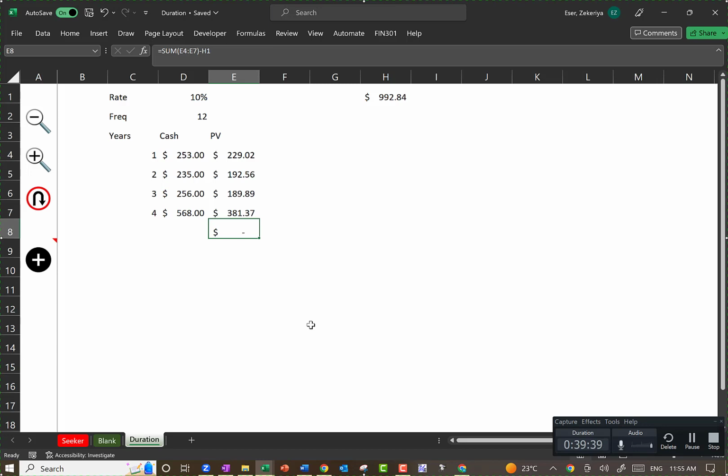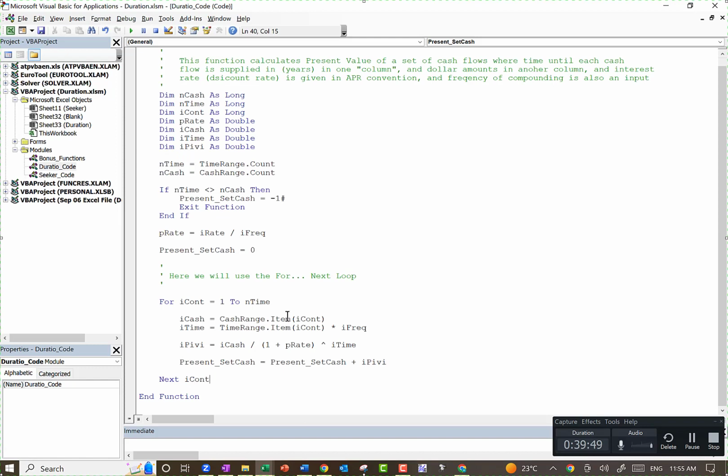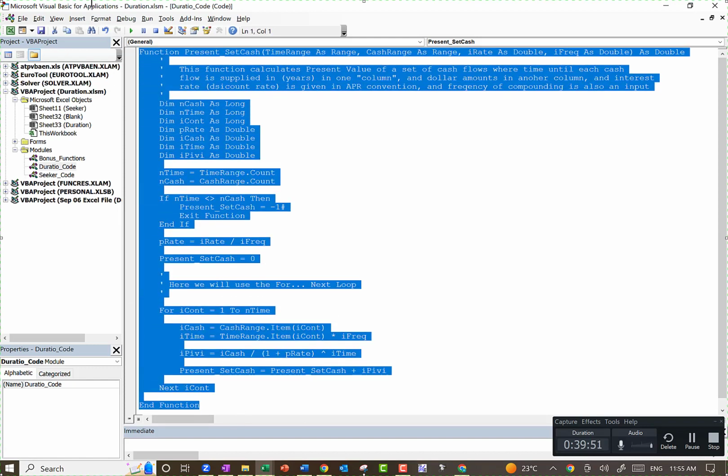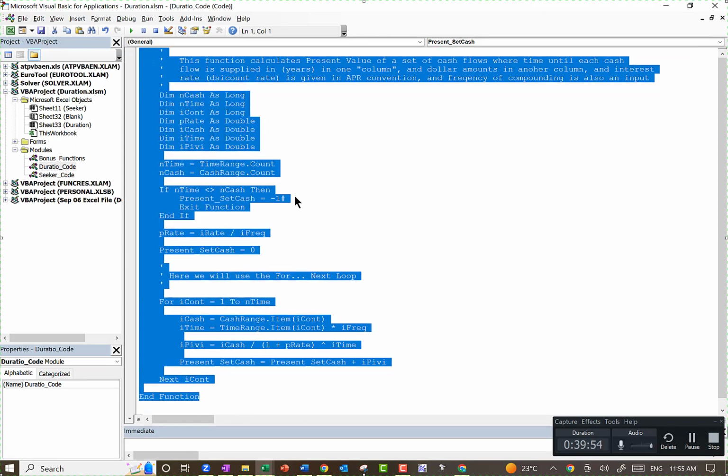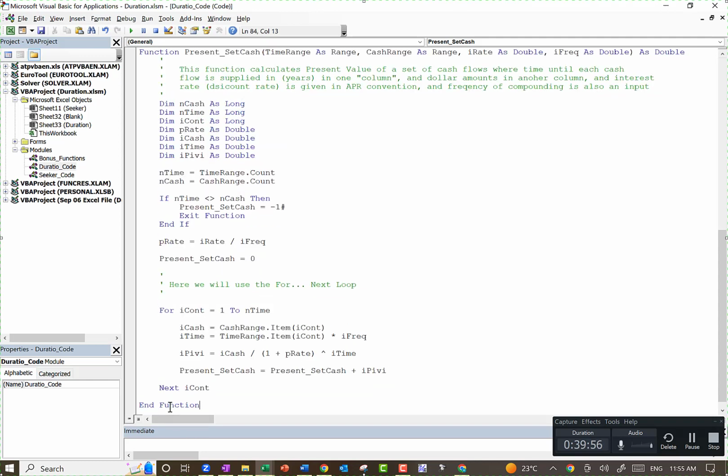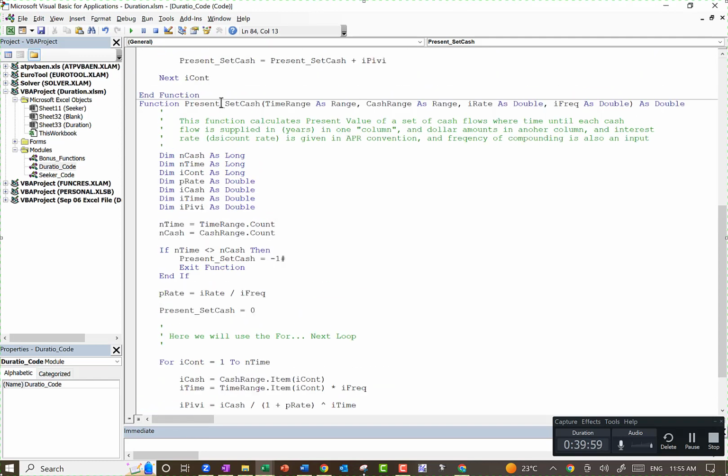Remember, I am a civilized person, which means I'm going to reuse things that I already have. I'm going to take this code, copy. I'm going to call this duration set cache. And the arguments are exactly the same. The only difference is